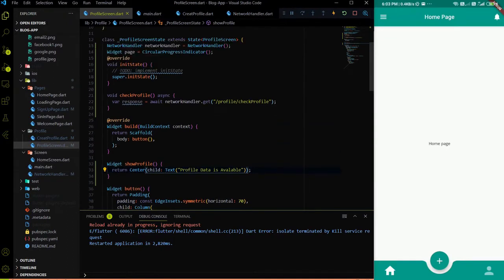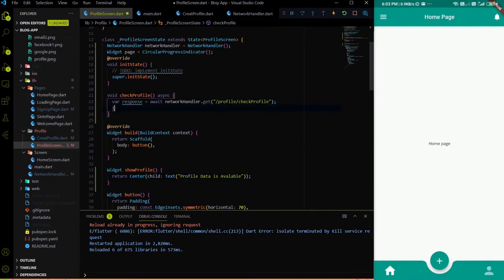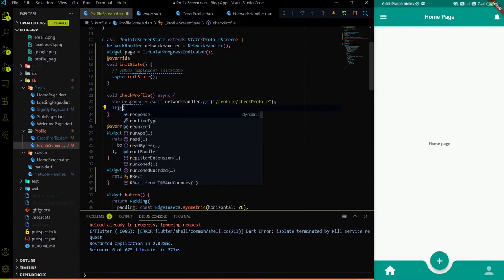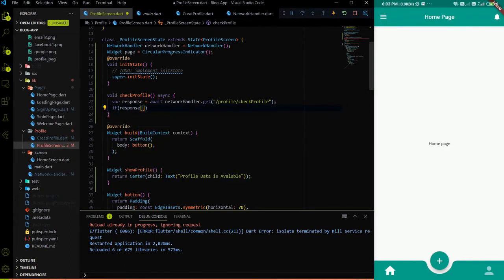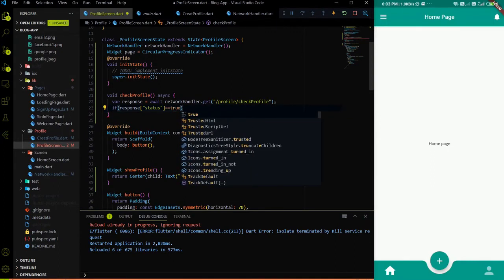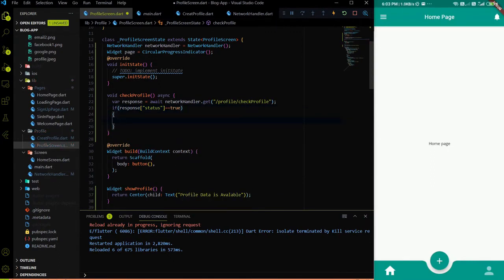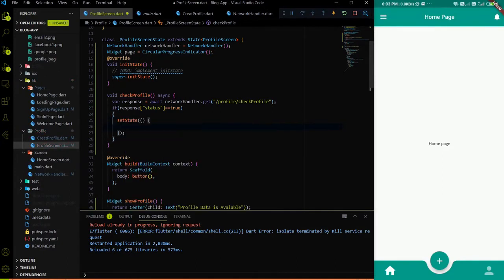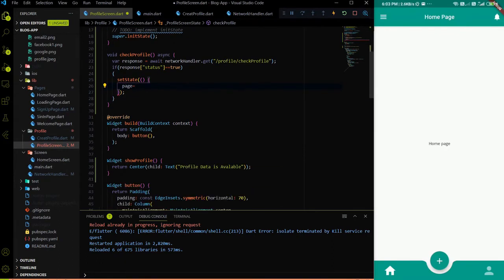And if in the response we get status as true, it means we have profile data, and we can set the state of the page to the show profile, because we have profile data.